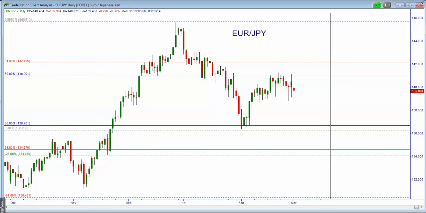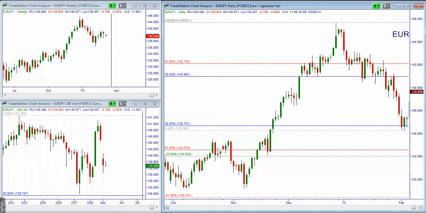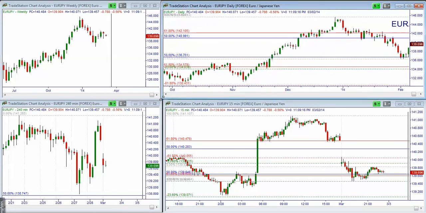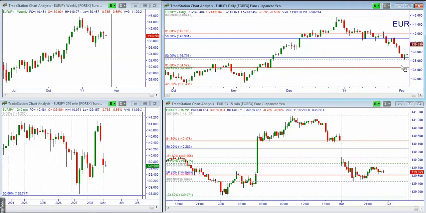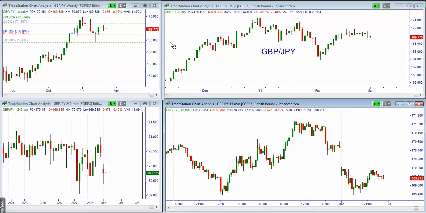So there may be very good opportunities presenting in this market very, very soon. So it's something to watch carefully. Finally, the pound versus Japanese yen, and here again we had this